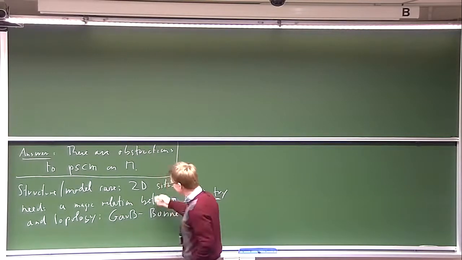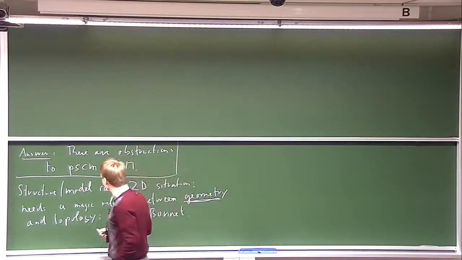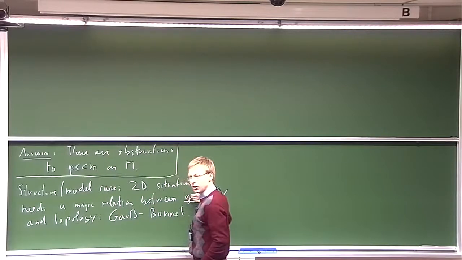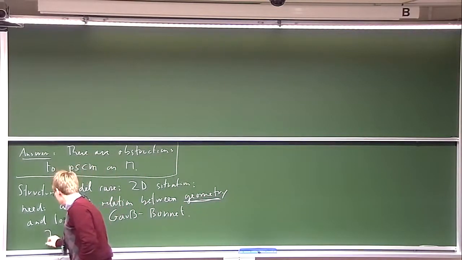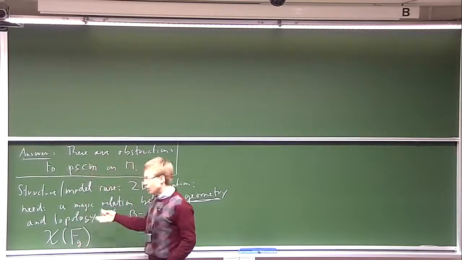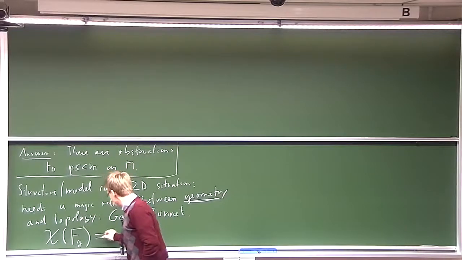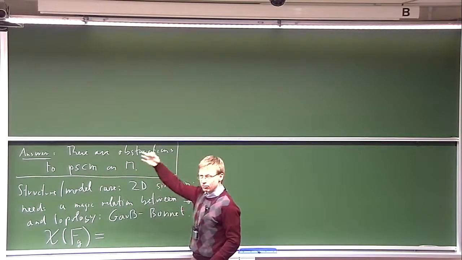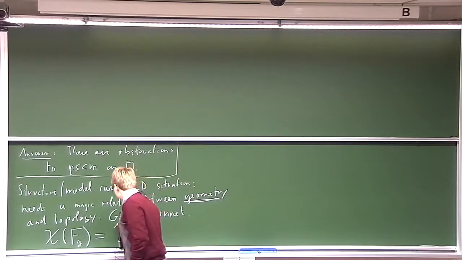And I think the more precise version is formulated by Bonnet. And what does the Gauss-Bonnet theorem tell us? It tells us that it's exactly this. It's the connection between geometry and topology. It tells us that something purely topological, the Euler characteristic of the surface at hand, of course we know that this is the only invariant we have to care about, can be computed purely geometrically for such a smooth, closed surface in terms of,